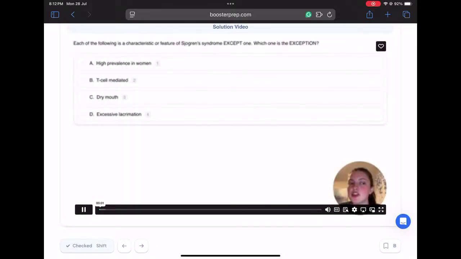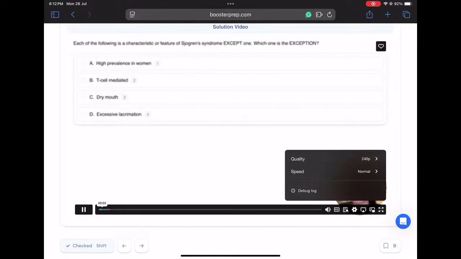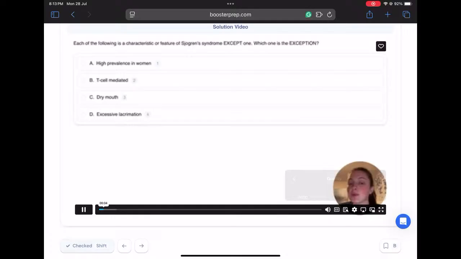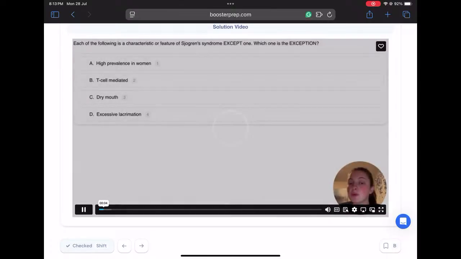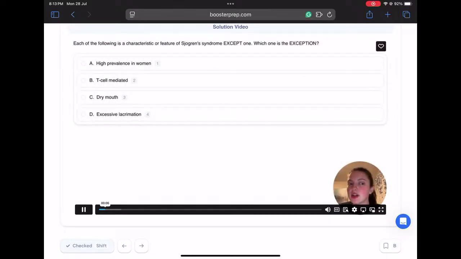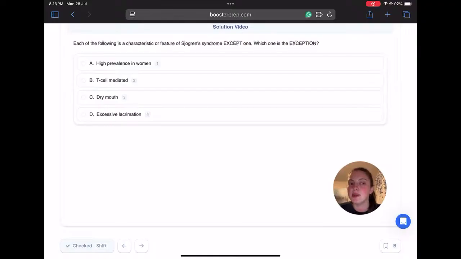This question is asking each of the following is a characteristic or feature of Sjogren's syndrome except one. Which one is the exception? High prevalence in women, T-cell mediated, causes a dry mouth, or causes excessive lacrimation. Now, before we talk about which of these features or characteristics is not associated with Sjogren's syndrome, let's talk about